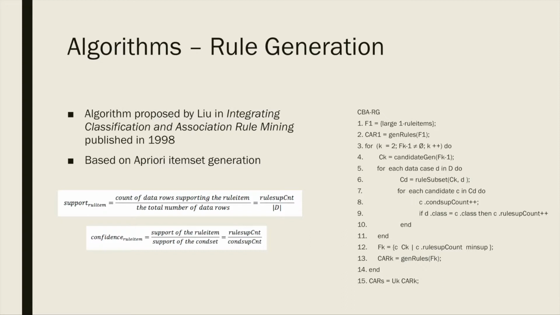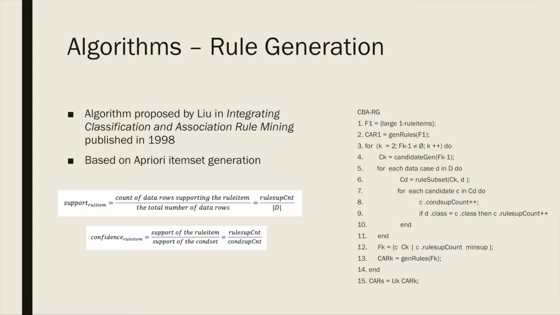The general idea of the algorithm is to generate candidate rule items. And then the generation of the rule items is done similar to the a priori generation of item sets. The similarity between the 2 is that the first k-2 items must match in order to merge 2 rule items. And rule set generation has the added condition, though, that the right-hand side of the rule must be the same in order to merge. Once candidate rule items have been generated, the data is gone through to find the support